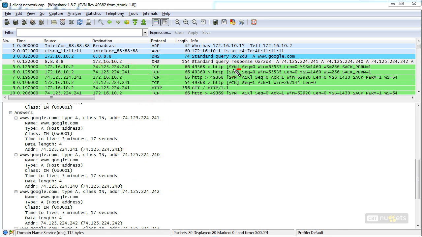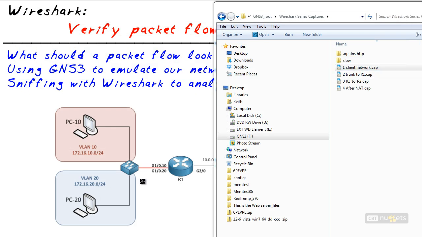Then it looks like we have a three-way handshake right here. So there's our SYN, SYN-ACK, and ACK. And then we have our GET, and it's off to the races. Doesn't look like we have any errors whatsoever. It looks very, very clean. So let's go ahead and close that, and let's take a look at the next leg of our journey,